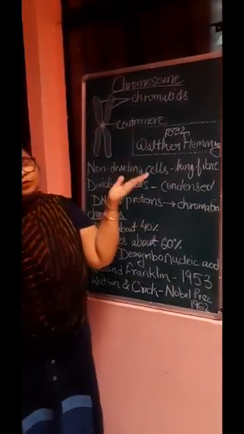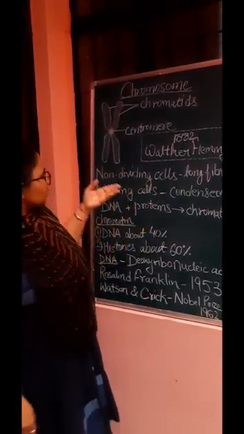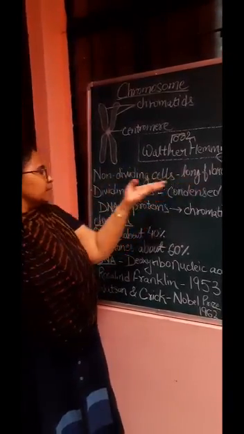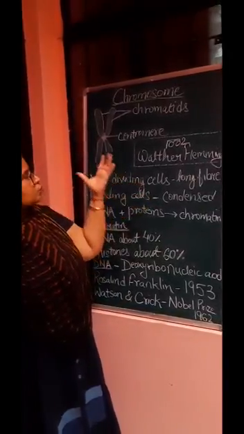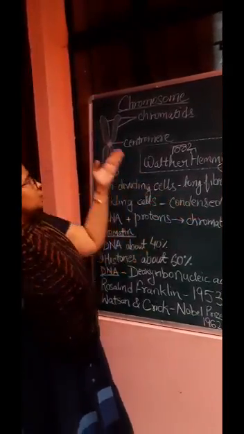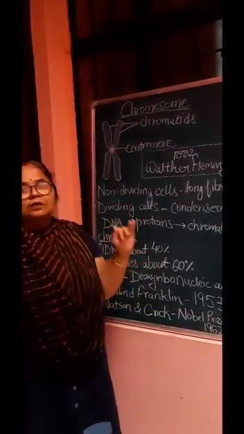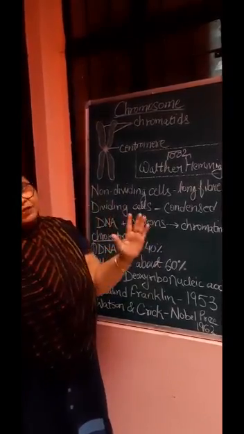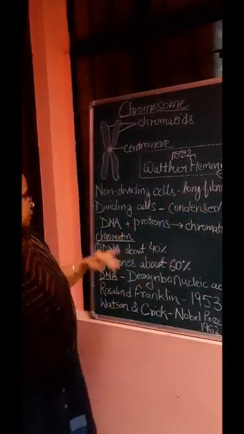Now you know that chromosomes are visible in a cell only in the nucleus portion. If you look at a non-dividing cell, you will find that the chromosomes are in the form of long fiber. But in a dividing cell, chromosomes become short and thick, that is, they become condensed. And then you can see clearly the chromatids and the centromere through a microscope, not through the naked eye. Once the division is finished, again they take the shape of long fiber by decondensation.